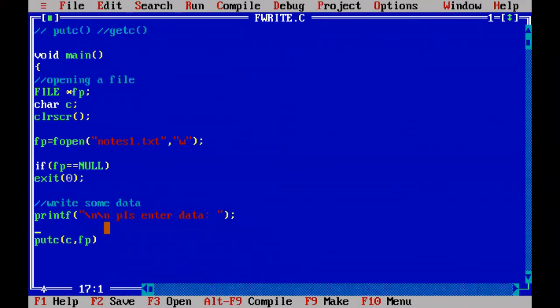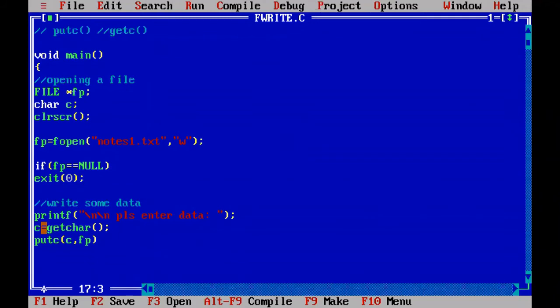Then the user will enter a character. How to capture it? I am using the function getchar. The getchar function will get one single character from the keyboard and return it to the left side, which I will capture with the character variable c.